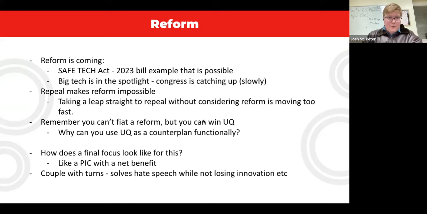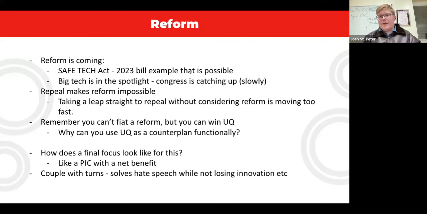I think that coupling reform arguments with turns is going to be so strategic because one, that means that you get to highlight turns as their own contentions if you highlight them enough, but also because they all become net benefits to this contention. So even if the reform contention doesn't have a lot of terminal impacts to it, the turns can become the ways of you garnering a terminal impact to it inside of the rebuttal, which causes a massive strategy shift and functionally lets you have a rebuttal restart, which is also unbelievably powerful.